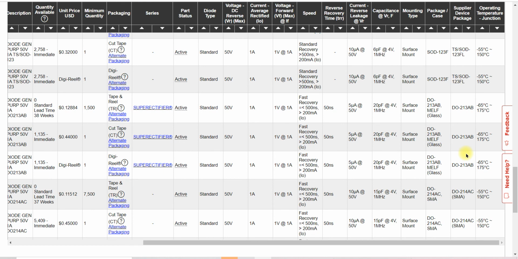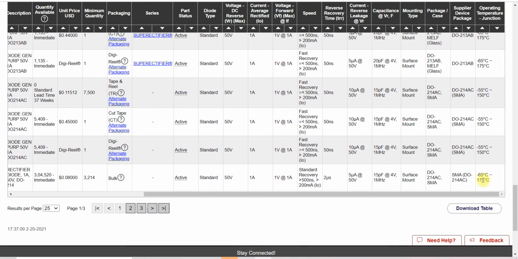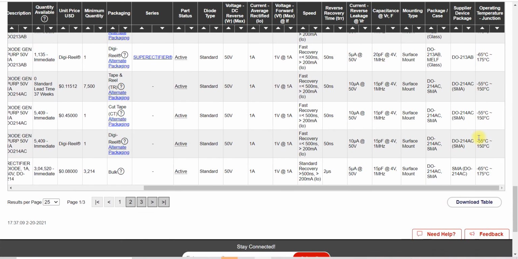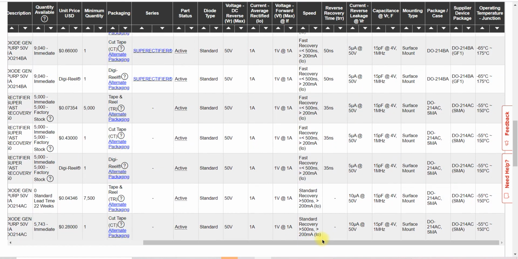And here also it is showing the package, supplier package, and temperature is showing now automatically, but earlier it was not showing any component. It also has a good temperature range, so it showed automatically. So you don't need to take tension about temperature. This is the commercial range, and it is more than the commercial range, and if you want more, then you can select more. So this is the selection of diode.